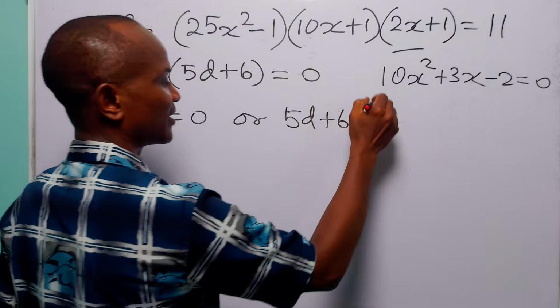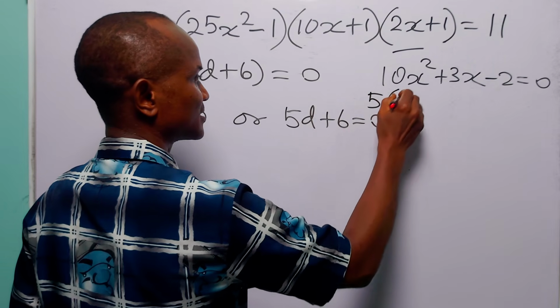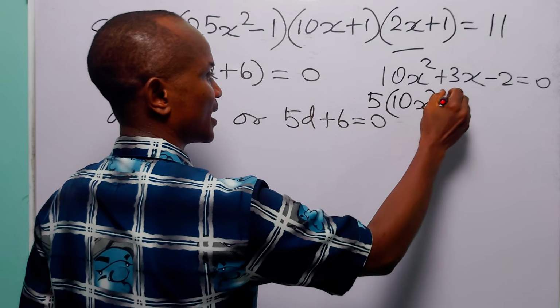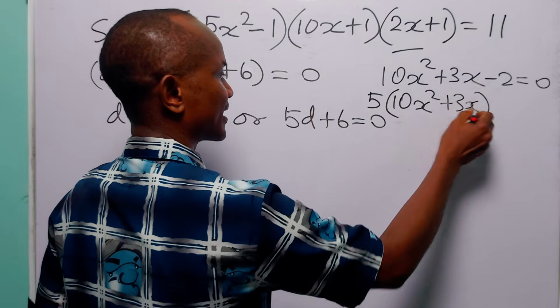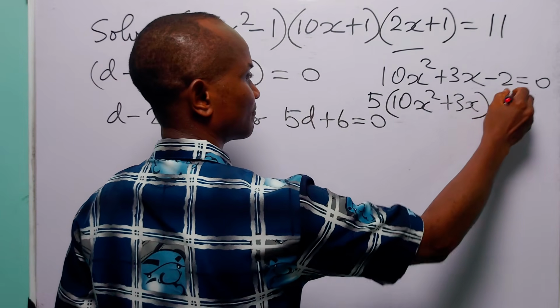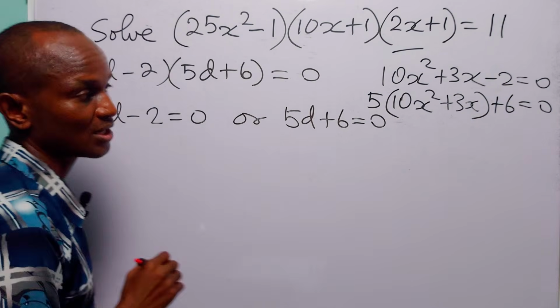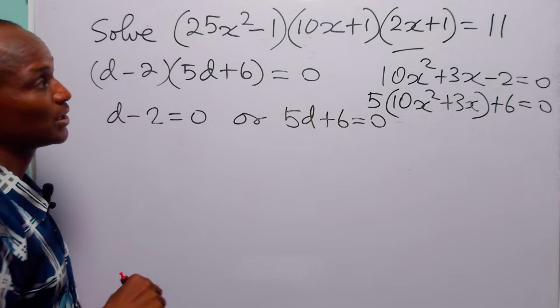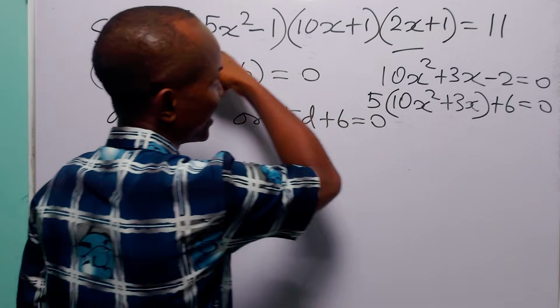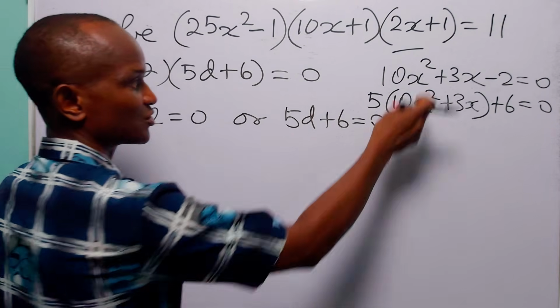And in this case, we have that 5 times 10x squared plus 3x plus 6 is equal to 0. So to find all the values of x that satisfy this equation, we simply have to solve